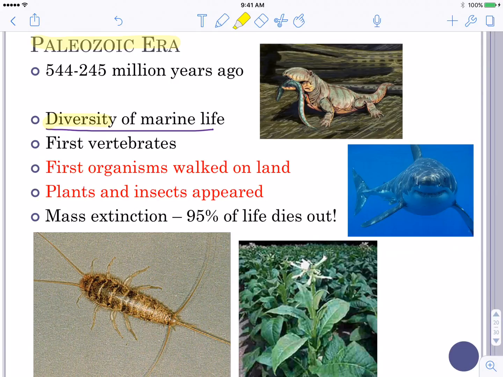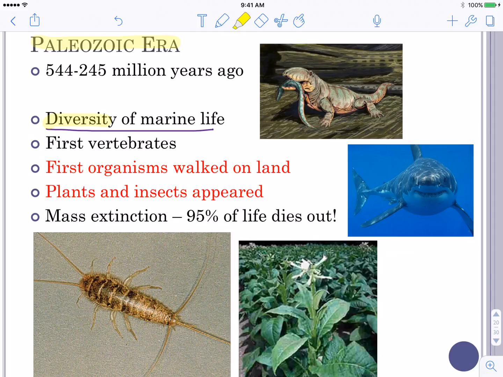If you've ever been to the Field Museum, it goes through our evolving planet. And when you enter in the Paleozoic era, what they've tried to do is recreate what an aquarium would look like, or what the seas would look like at that point in time. And it's just amazing to see all of these sea monsters just floating around and trying to move through the